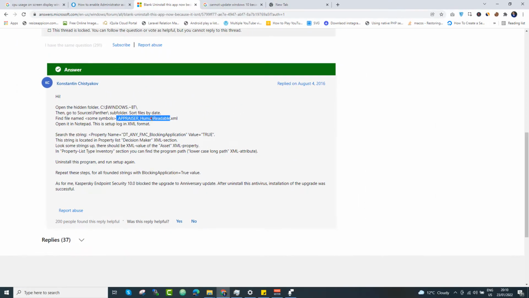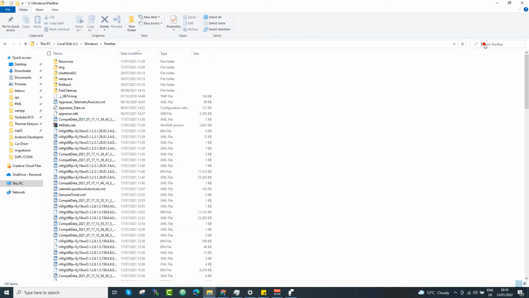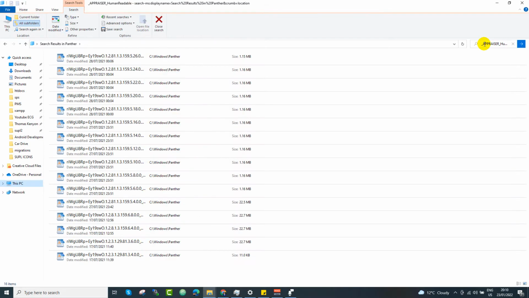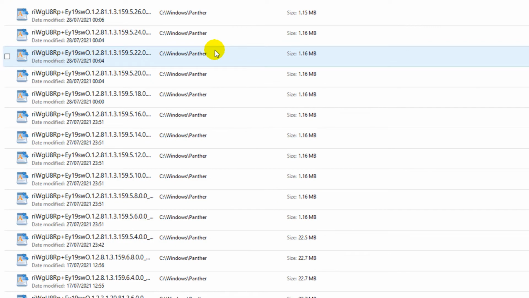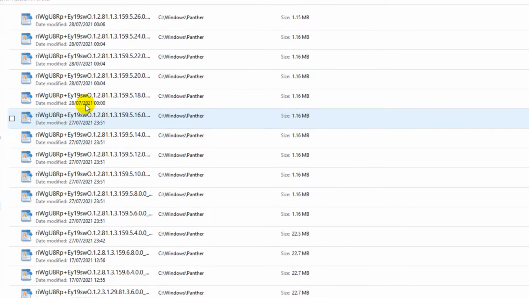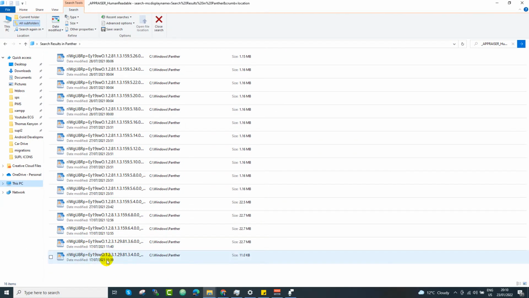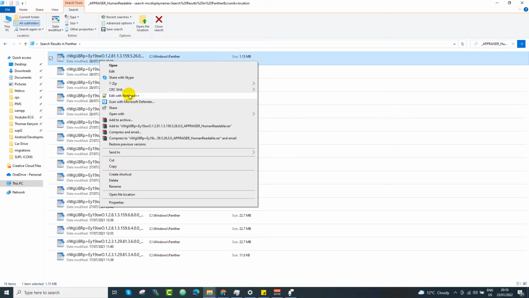We do see a lot of files over there. Let's search for this one, so it filters out the things. Okay, so we do see a lot of other files as well. We need to open the latest one. So if we see, these are sorted by dates. These are on 17/7. So this one is on 28th of 07/2021. Okay, so in my case I will open this file, and